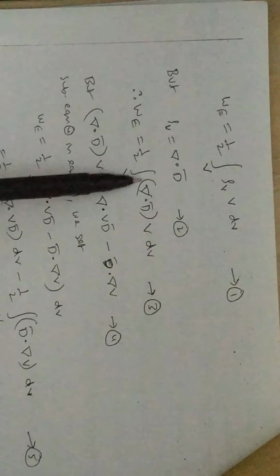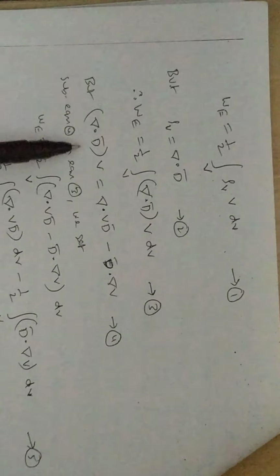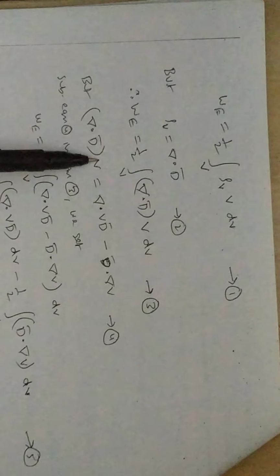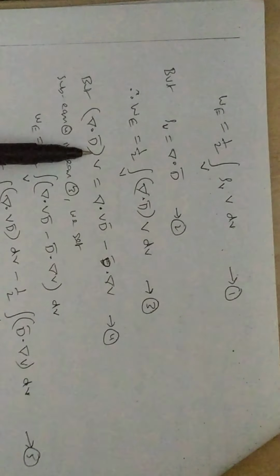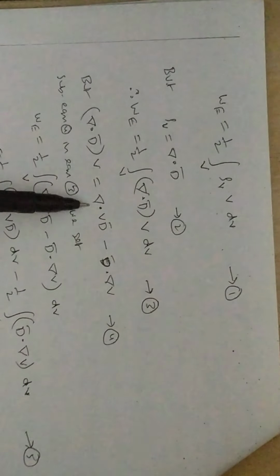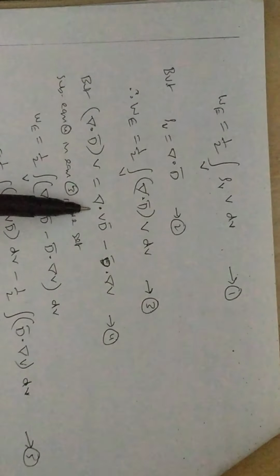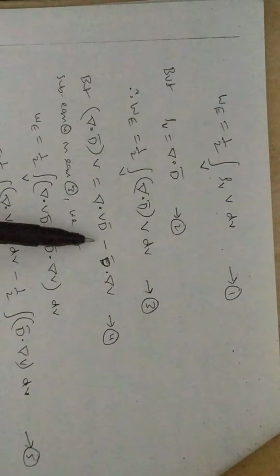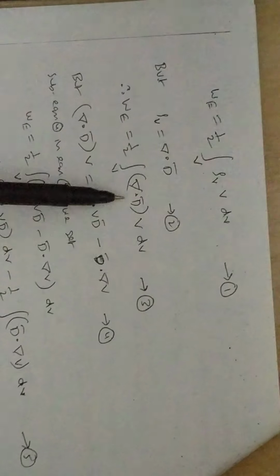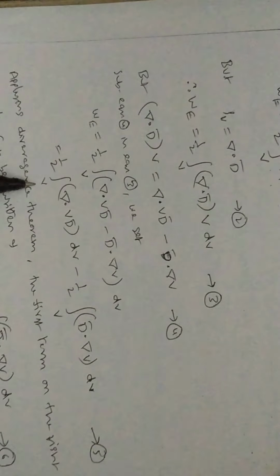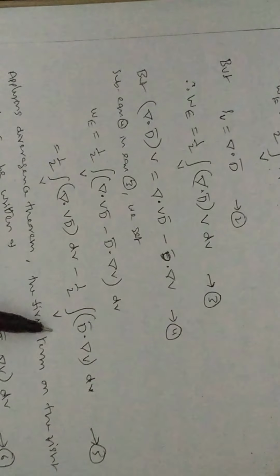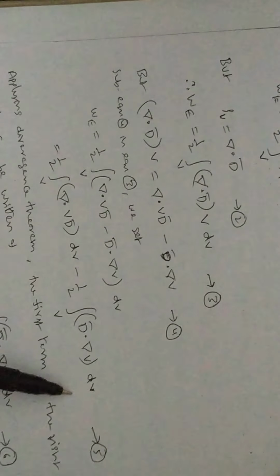So as per the divergence formulas, we can expand this one. Del dot D bar into V: del dot D bar is the divergence of electric flux density, V is the static potential. How to expand this one is, as per the vector algebra, del dot V D bar minus D bar dot del V. So now substitute this one in this equation. Finally we will get 1 by 2 volume integration of del dot V D bar dv minus 1 by 2 volume integration of D bar dot del V into dv.